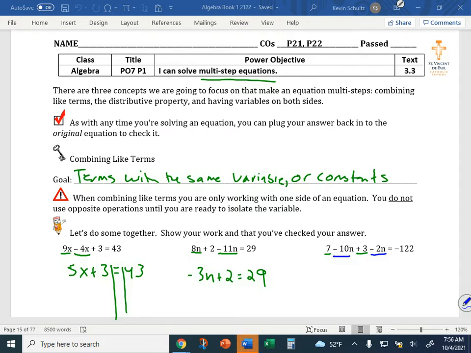And then we have constants. They don't have a variable, so they can be combined as well. So what would our equation be that we'd actually be solving here? After you combine, yeah. 10 minus 12. Excellent. Yep. So it wouldn't be minus -12, because if we were to write 10 minus -12n, what do